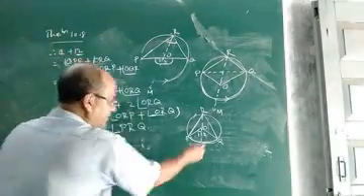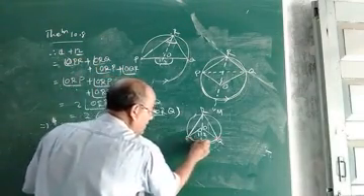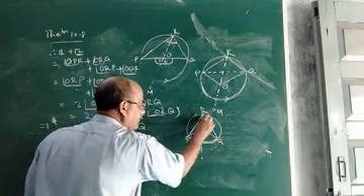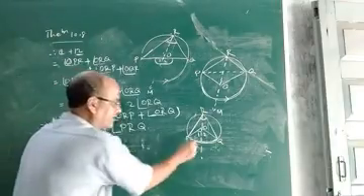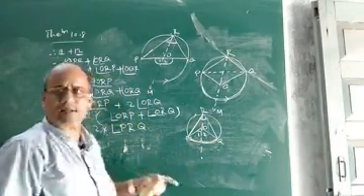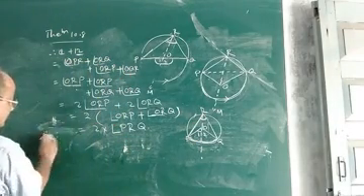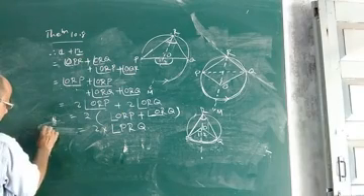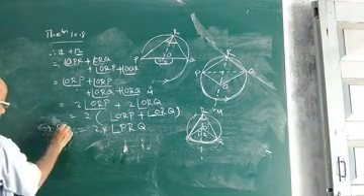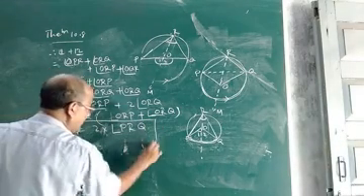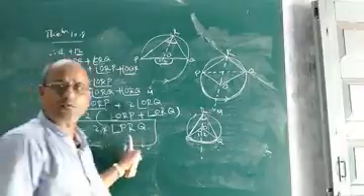So when PQ is a minor arc, how will you prove that the angle subtended by this minor arc at the center is double the angle subtended by the same minor arc on the remaining part of the circle at some other point, say R? So we got the result. Angle 1 plus 2 is equal to angle POQ. This is what we wanted to prove.